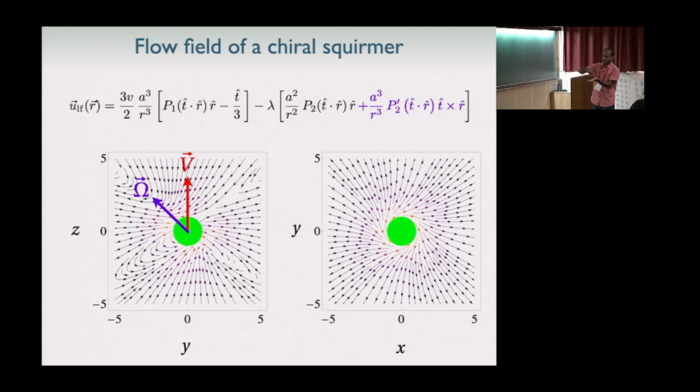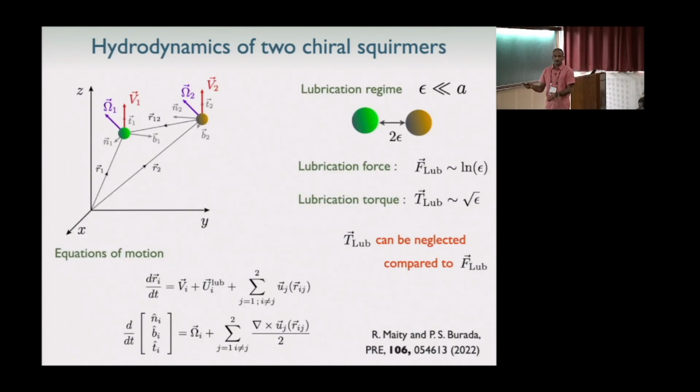And on the XY plane, when the body is moving along the G axis, there is a rotation. This is because of this term. So this is the velocity field, and we can compute these things analytically. Now, once you know the velocity and rotation rate, the velocity field, then you can ask the question: how do two swimmers interact with each other hydrodynamically? But here there's a glitch: